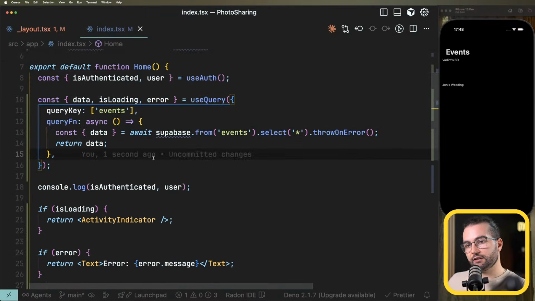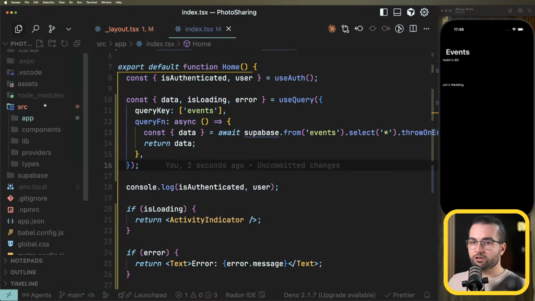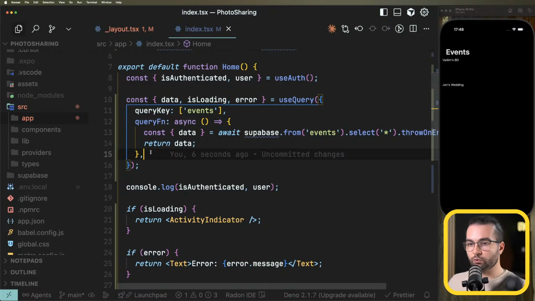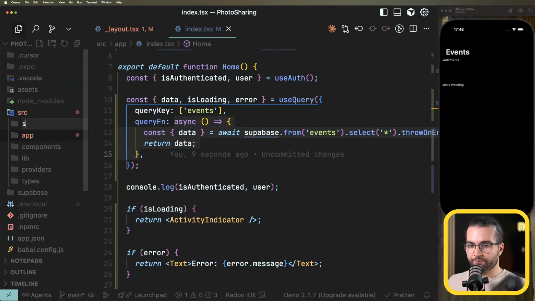Return data. Yeah, that's good. Now what I also like to do is extract the functions of fetching data from Supabase into some services. Let's create a folder services, and let's create